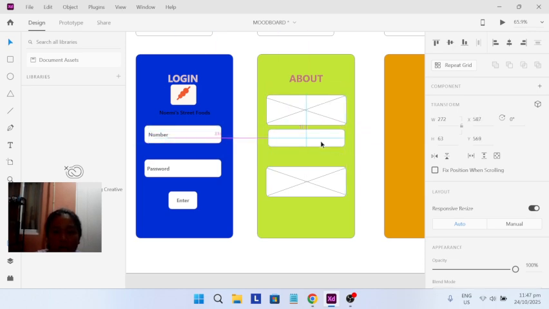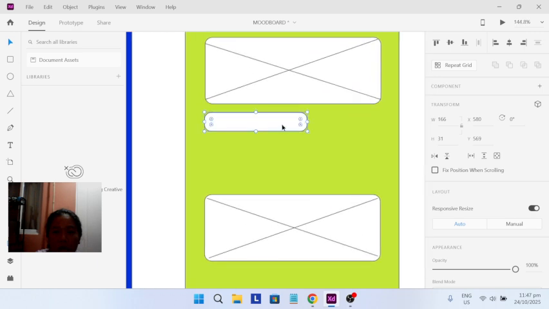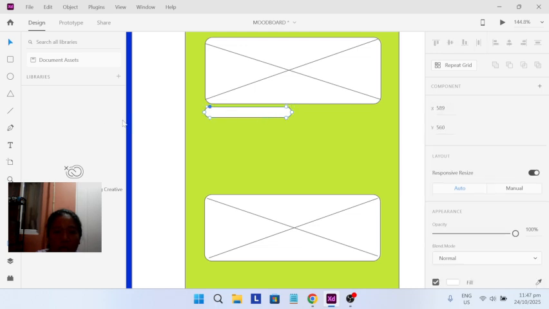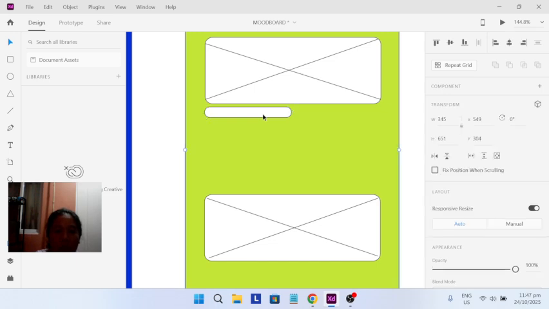Pero hindi siya ganon ka laki. The name of food. Oh, no. We'll duplicate it again.